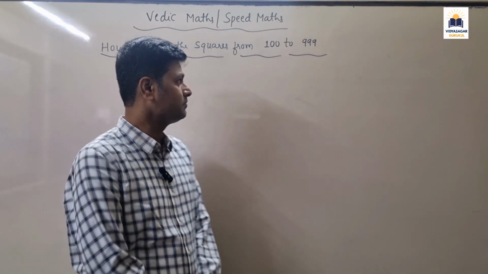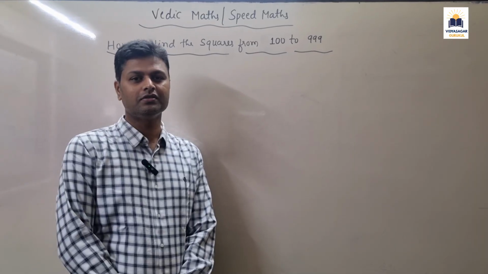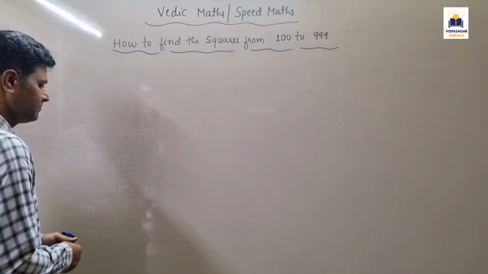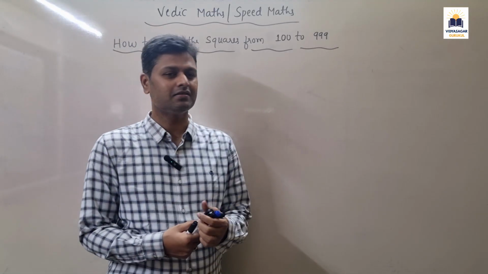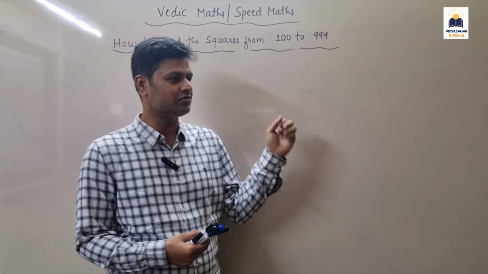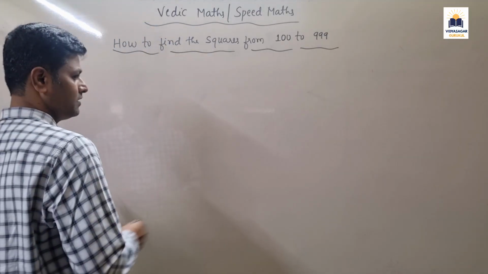So today's concept is how to find the squares from 100 to 999, meaning 3-digit numbers. In the last class I have already taught from 75 to 125 and 1 to 75. So now